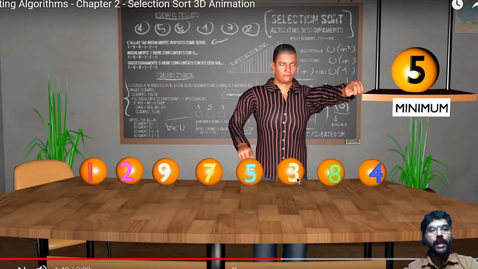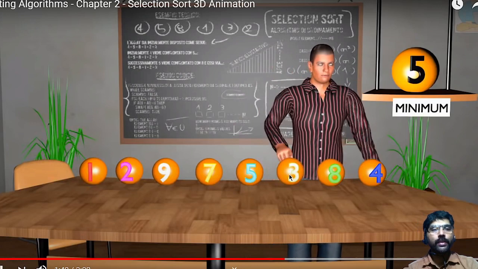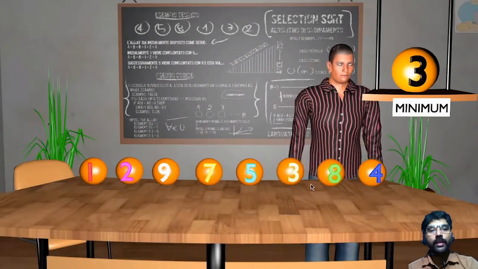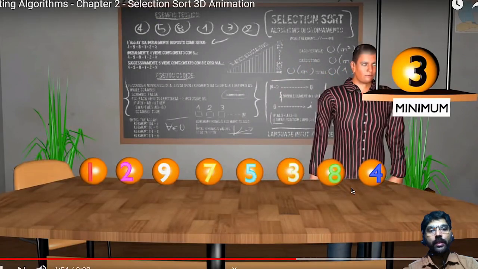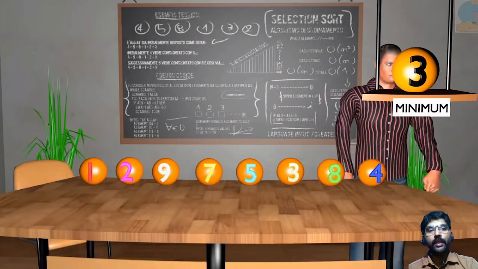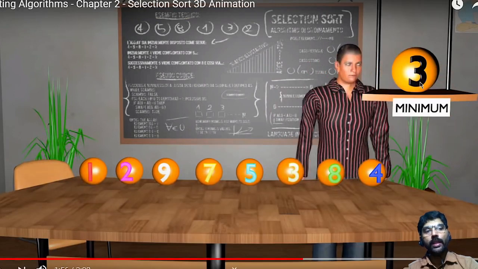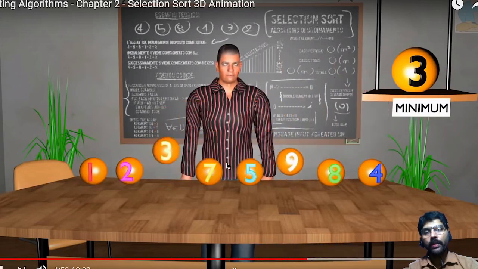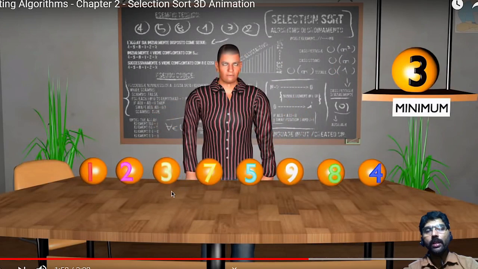Now it compares 3 with 5, and again 3 replaces it. Now 3 is the smallest among these elements. Now I have to exchange this 3 with 9. I have to swap these two numbers. Now these three elements are in sorted order.